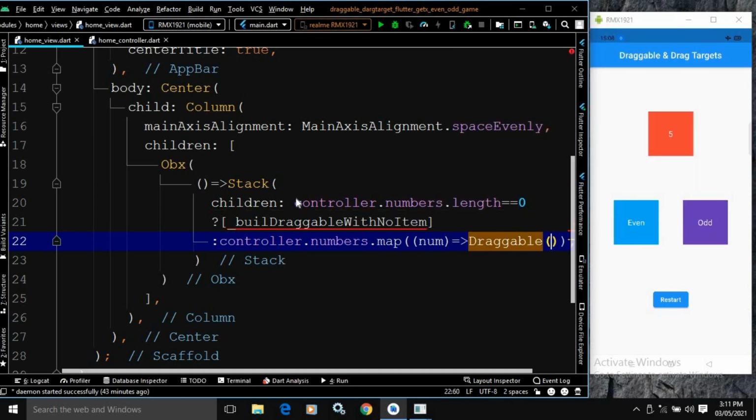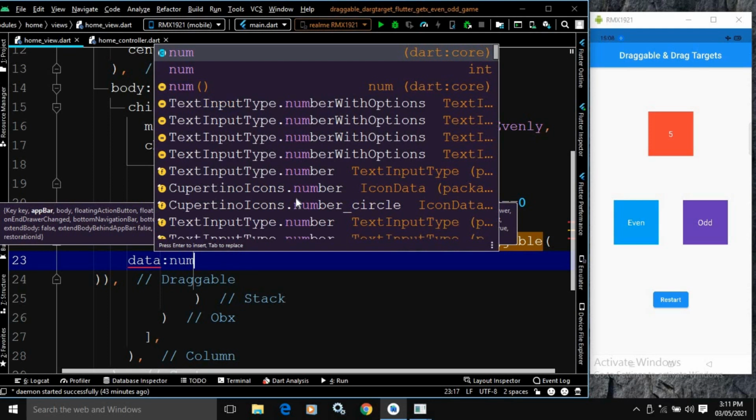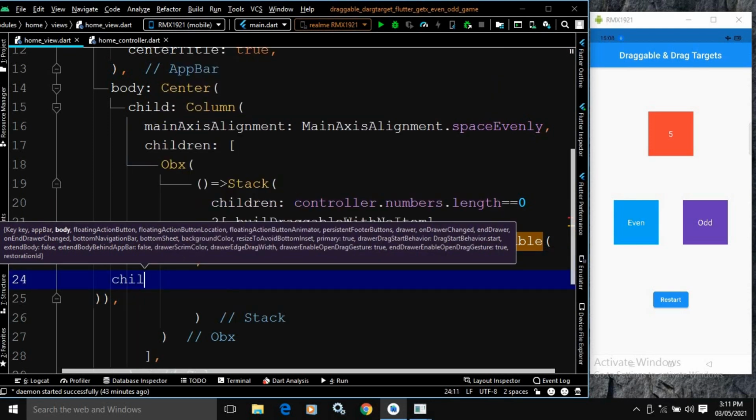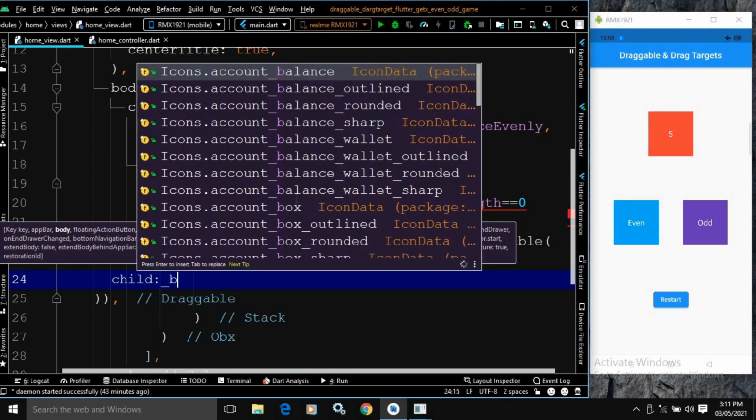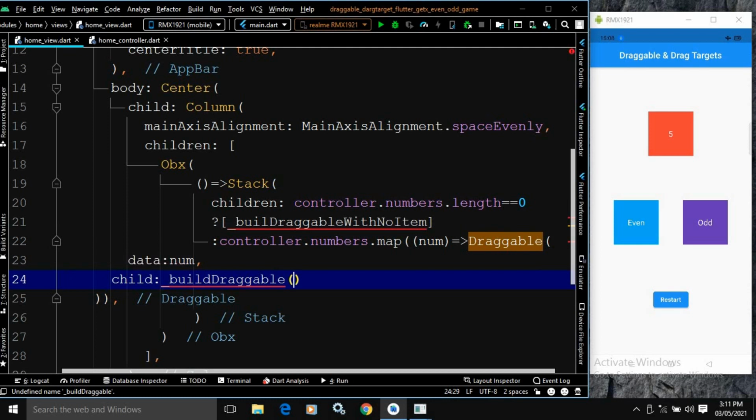Okay, now in the Draggable, in the data I will use num. In the child property, here I will call another method which is buildDraggable. This method I will also create later on, and to this method I will pass this num.toString.